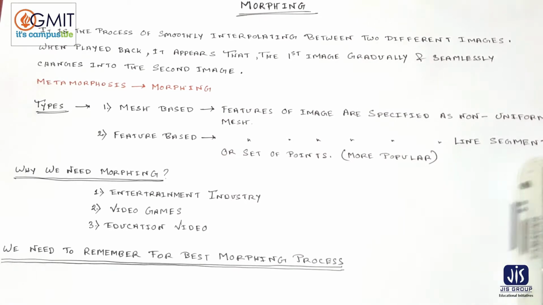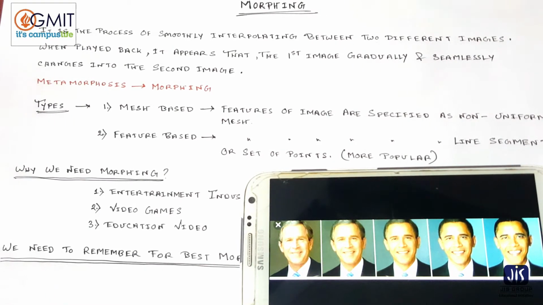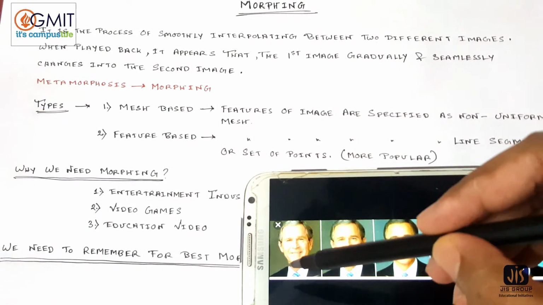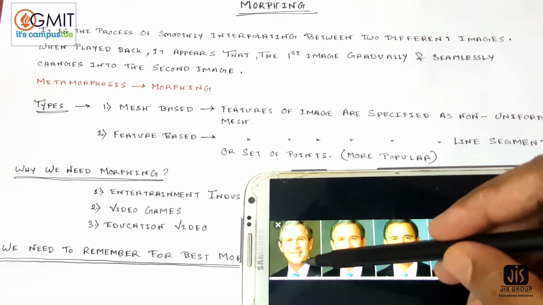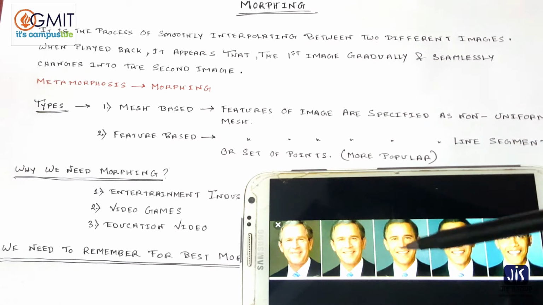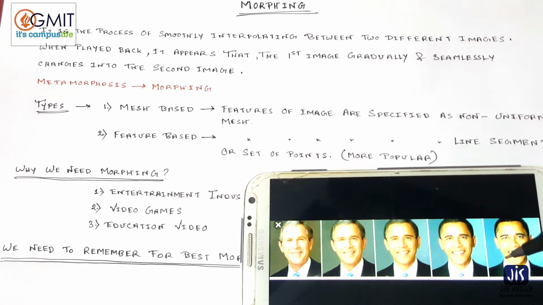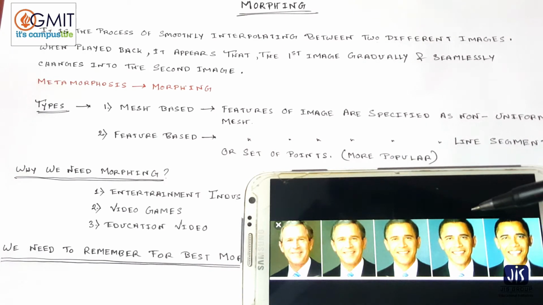What do we need? We need a series of points. Suppose here we have a series of points, then the series of points are placed here, and then we can get here. The pixels in the first object are slowly changing into the pixels of the second object by creating in-between frames. These are the in-between frames, and this is the first and this is the last object. Clear?